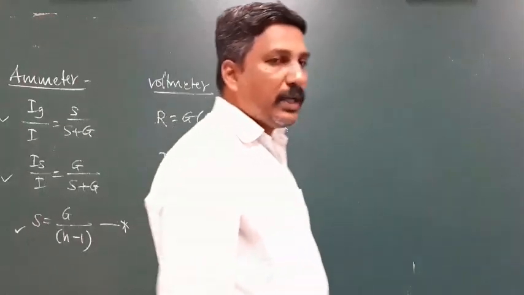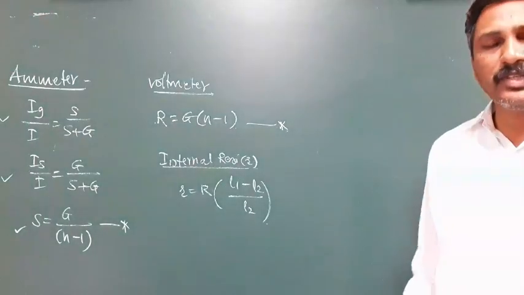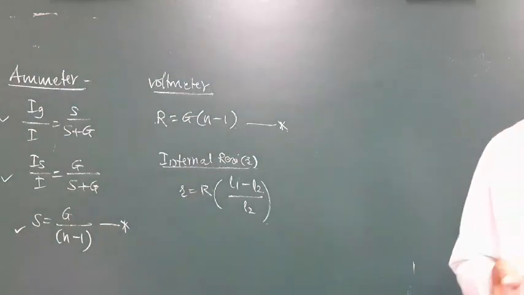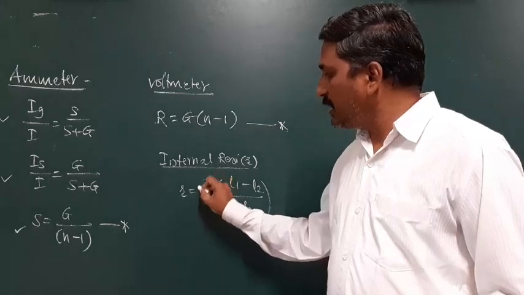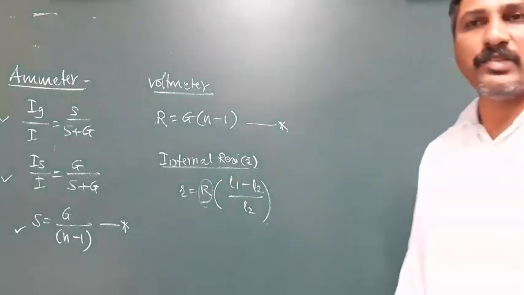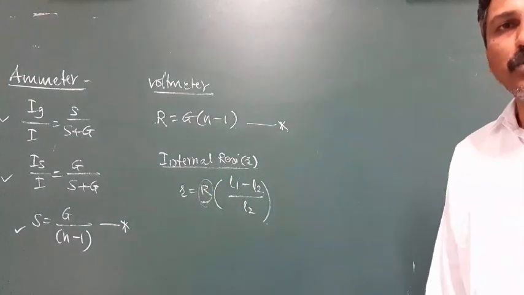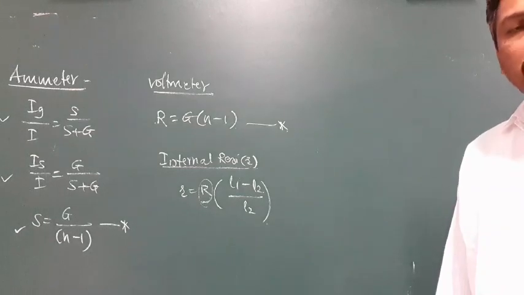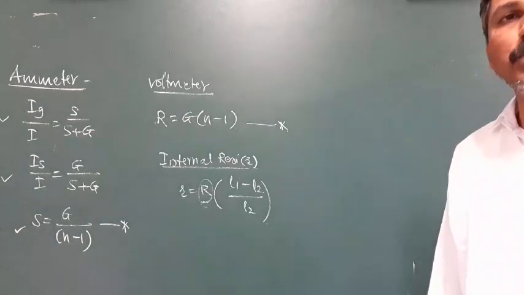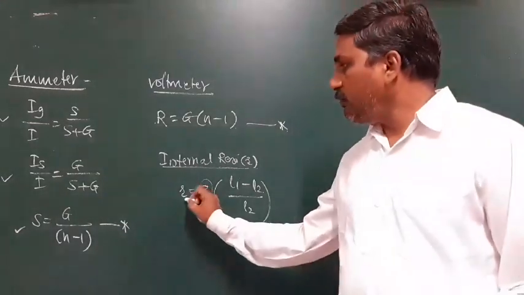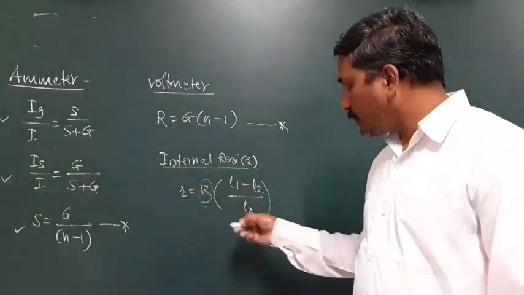Now use this formula and solve the examples. If the same cell is given, and the values of capital R, that is the external resistance, are changed, then don't forget to solve such types of examples. One thing is very clear: the internal resistance in that case should be constant. Let's take one example.